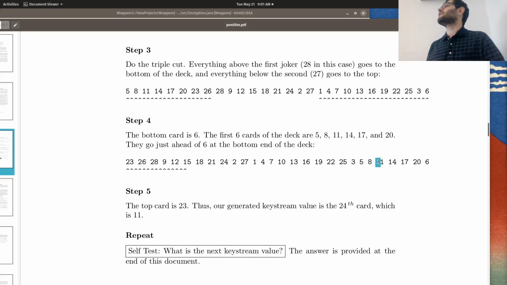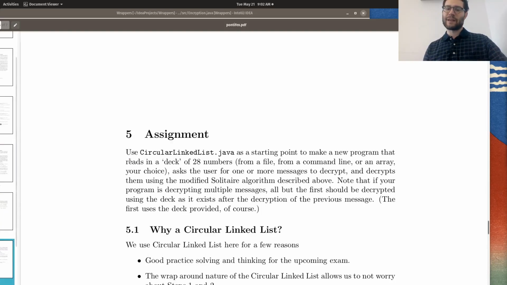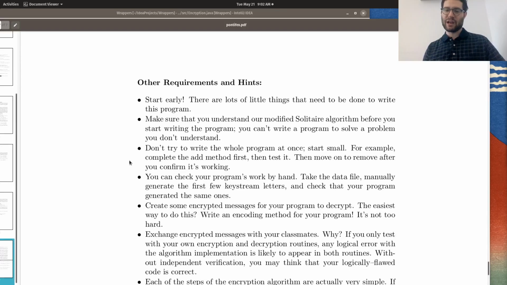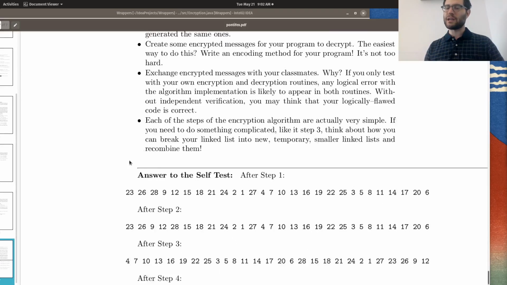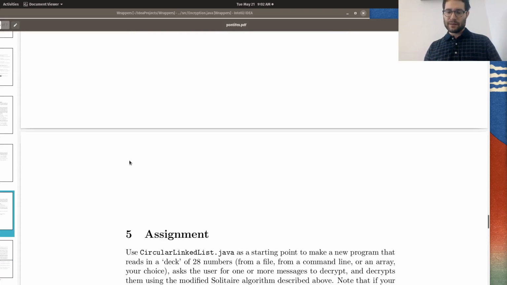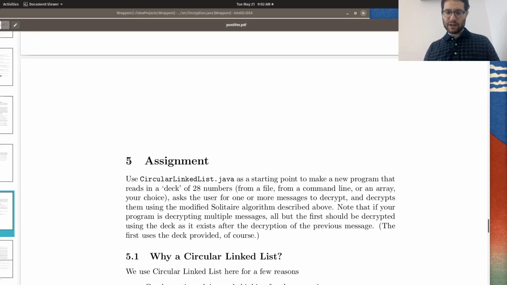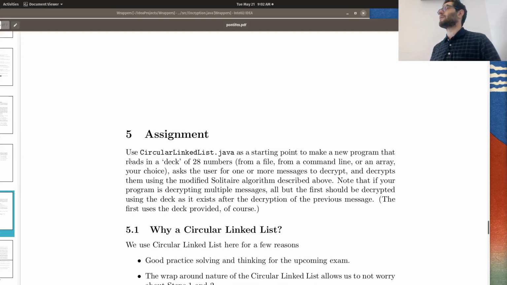Although easily enough, you can just simply look at the top card and ask yourself what's at index 23. That's going to be your keystream value. We look at the top card, and that tells us index 23. That's going to be our key stream. There's a self-test in there if you want to make sure you're understanding it, and the answers are right here at the bottom. So what you're going to want to do is basically write an encryptor and decryptor for